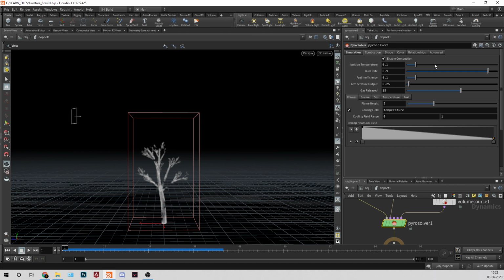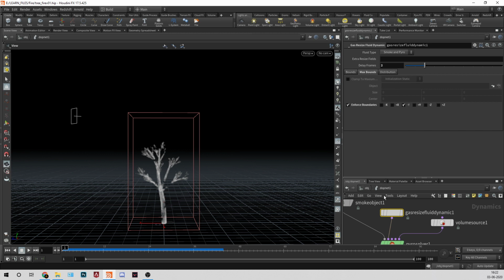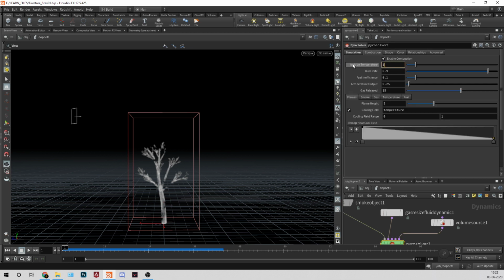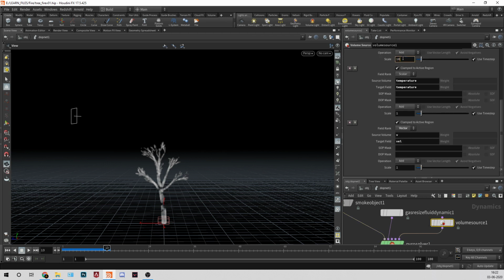If I make our fuel 1, and I make this ignition temperature 10, you can see nothing will happen, because our fuel can't reach this value. But if I make it 100, you can see it will work.